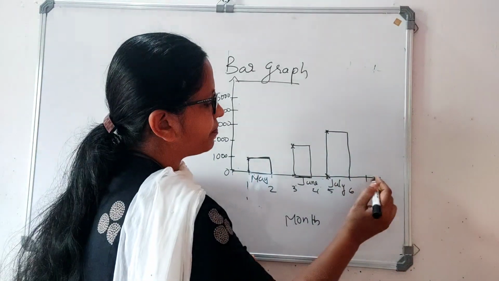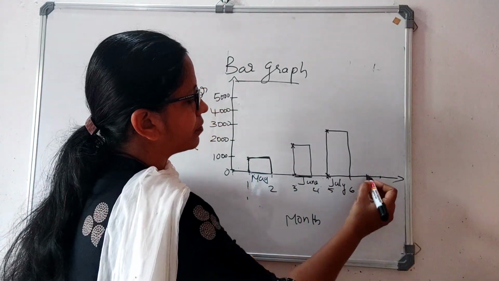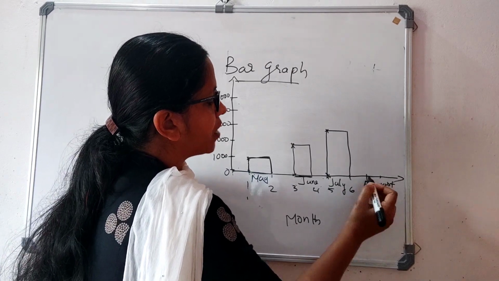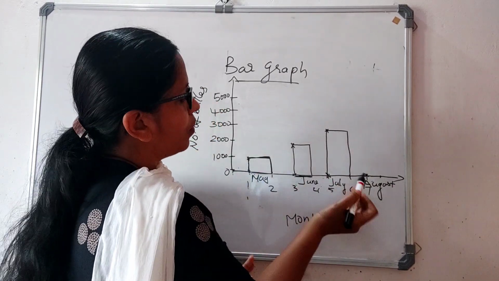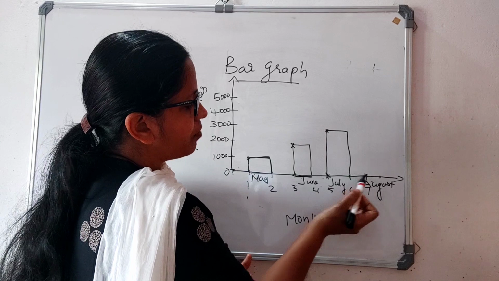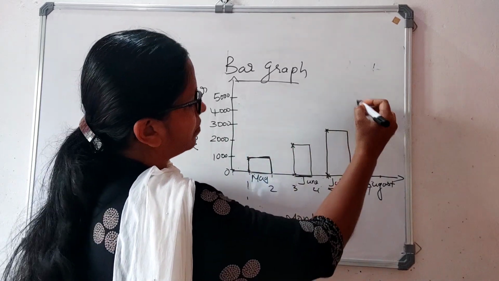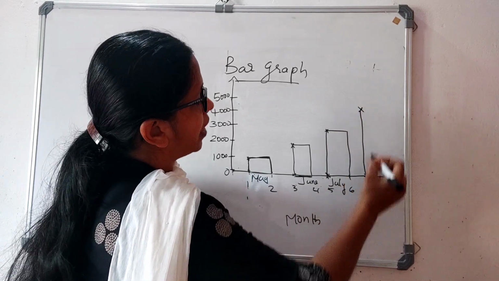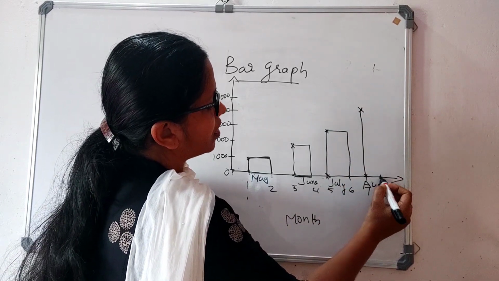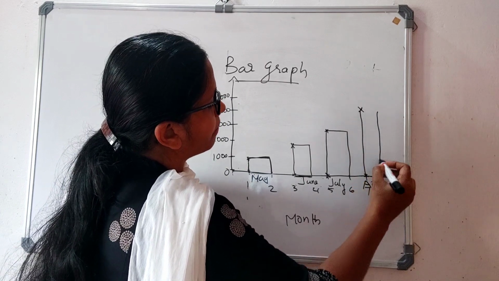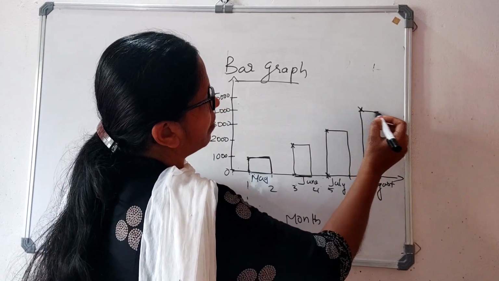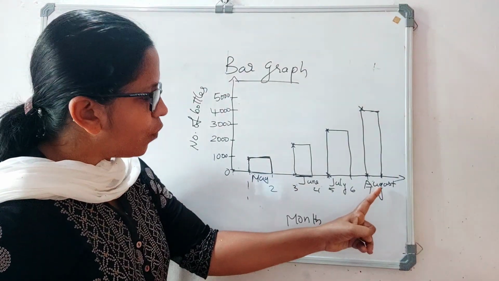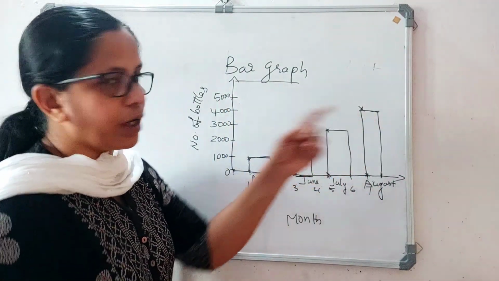Then next comes August. See, in the month of August they produce 5000. So here, after leaving 1 centimeter gap, almost joining the line of 5 is here. So join the line with a scale and next 1 centimeter. Okay, next 1 centimeter, join it. Now it looks like a bar. So by looking at this, I can understand that in the month of August they produce 5000 bottles.